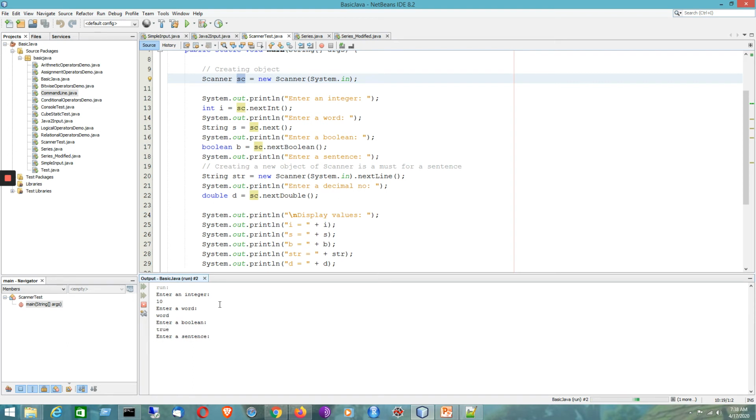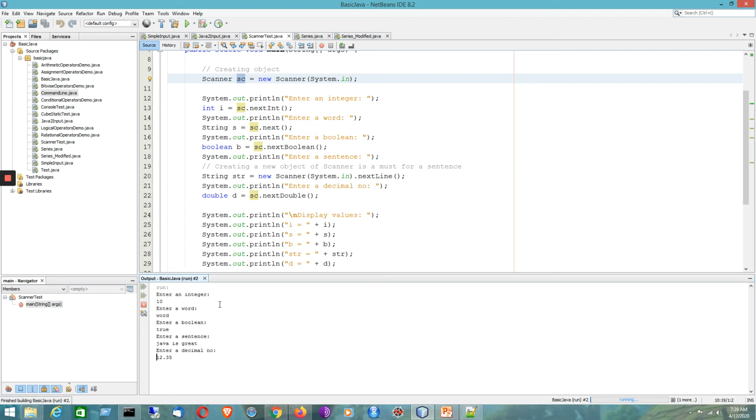Now it does not skip to the next part. Here I can write anything, say for example, Java is great. Now I'm pressing enter. Now it is taking the decimal number. I am getting the scope of inputting my decimal number.